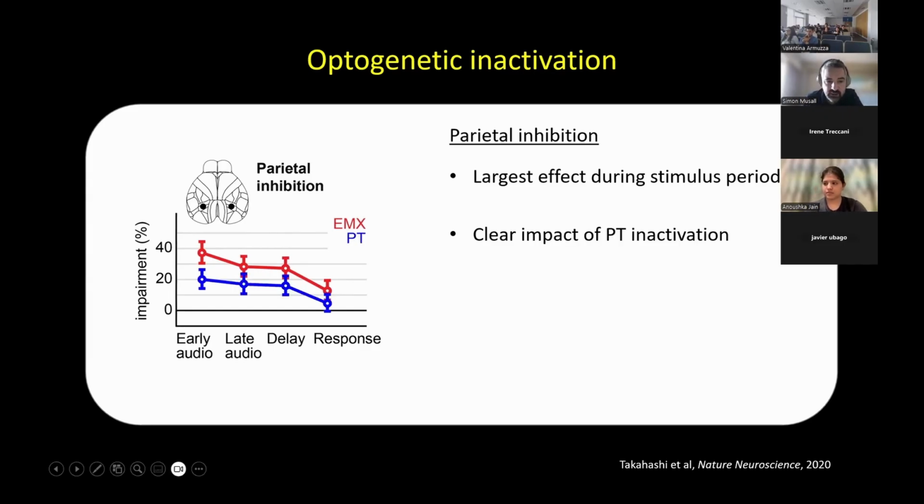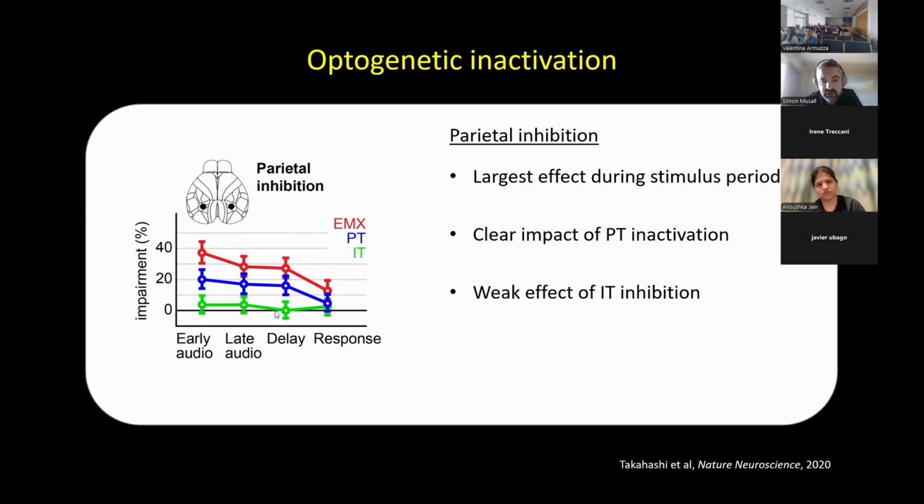And now we can ask for the role of different cell types. And when we look at these pyramidal tract neurons, we actually still see a clear impact on performance when we inactivate them, right? So it's not quite as potent as when you inactivate everything, but the general profile is pretty much aligned to what we saw before. But interestingly, when we now do the inactivation of intratelencephalic neurons, as shown here in green, you can actually see that the effect becomes even weaker, and it's actually not significantly different from zero anymore. Right. So in that case, there's only a very weak trend of that doing anything to the behavior,